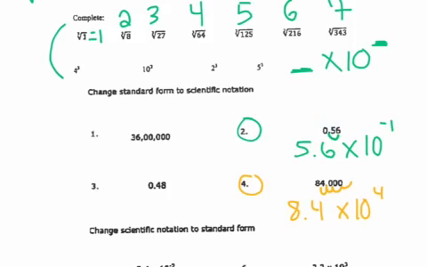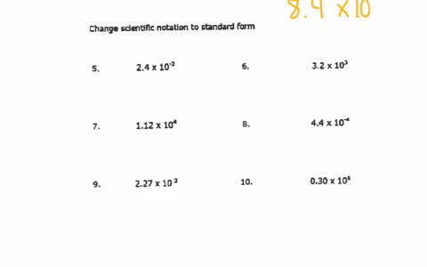Remember, values less than 1 have negative exponents. Values greater than 1 have positive exponents. And when you are doing this, like I said, if you forget these rules, you can always plug it in your calculator. So for these problems down here, you can make sure that you are in the normal mode or norm mode. And if you type in the value exactly as you see it, it will give you the answer